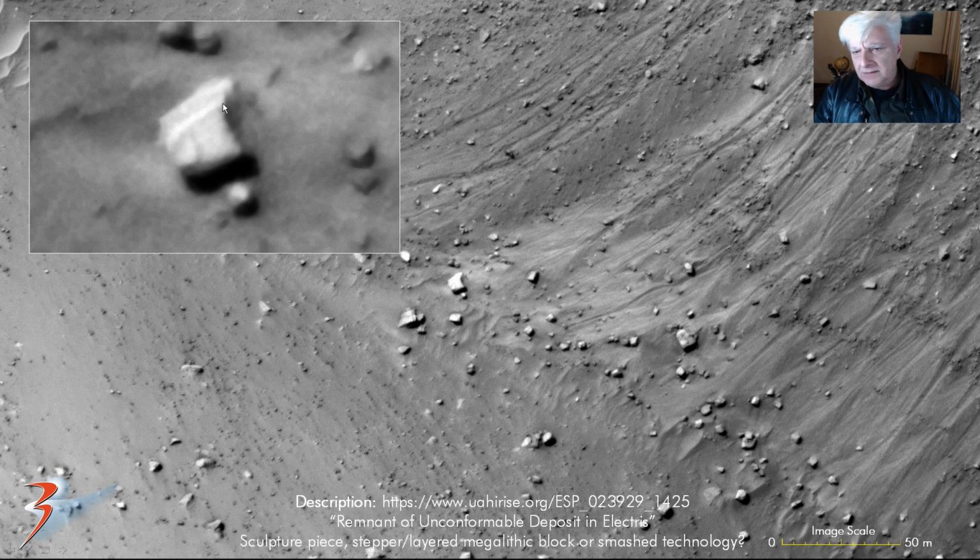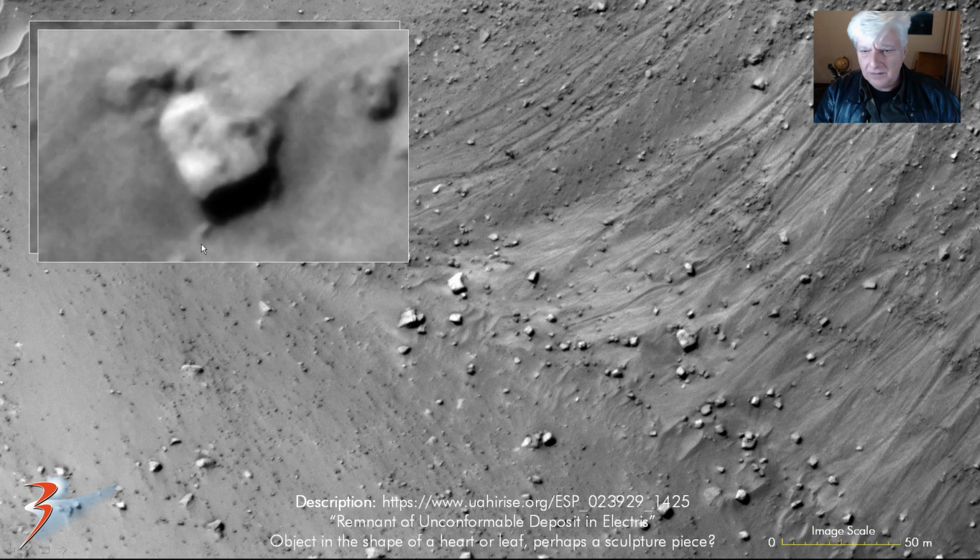So yeah, what did I say this is? Sculpture piece, steps, layers, megalithic block, or technology. That even looks as if that could have been an opening over here. And then this heart shape, leaf shape object